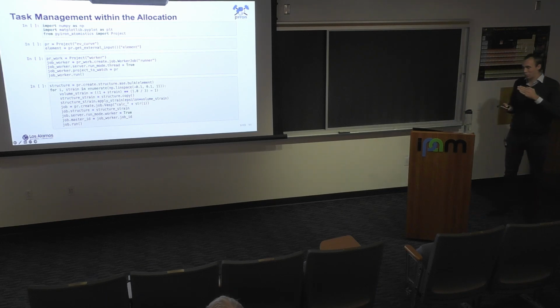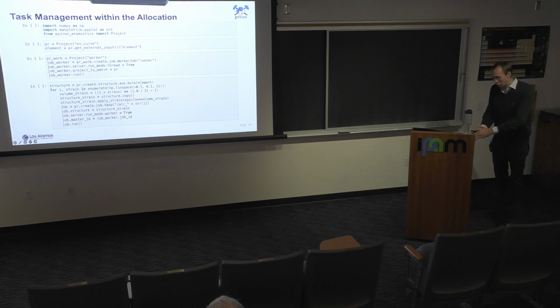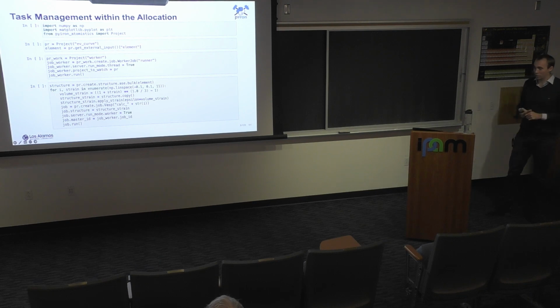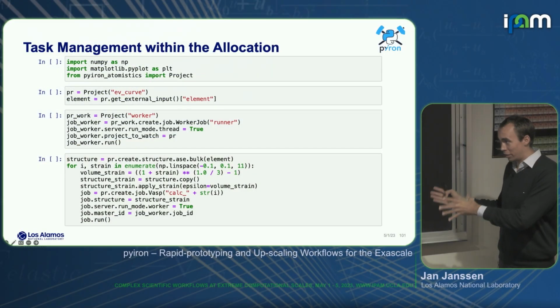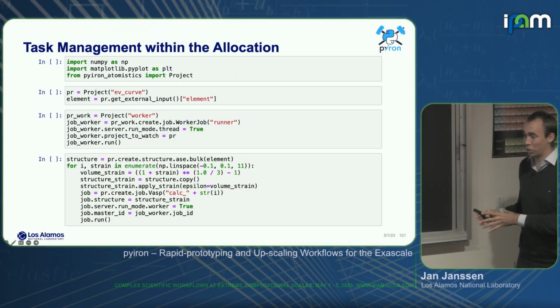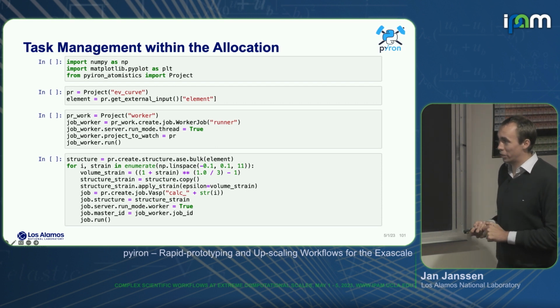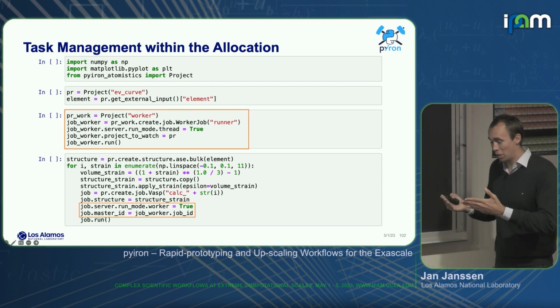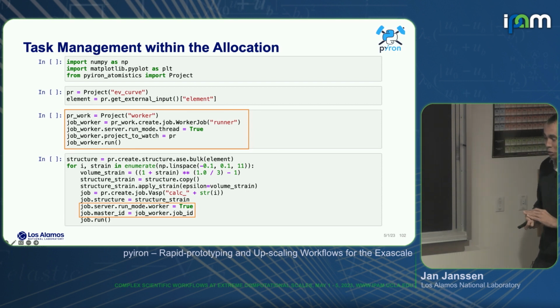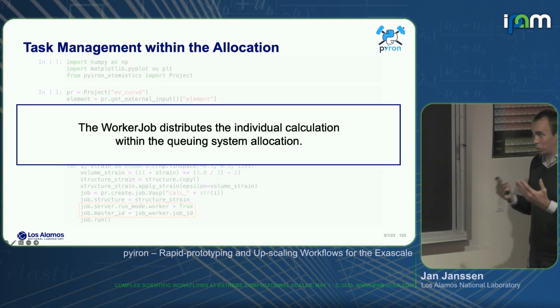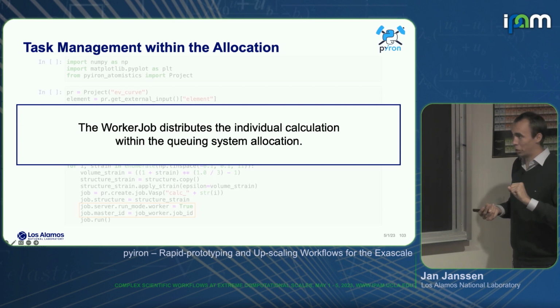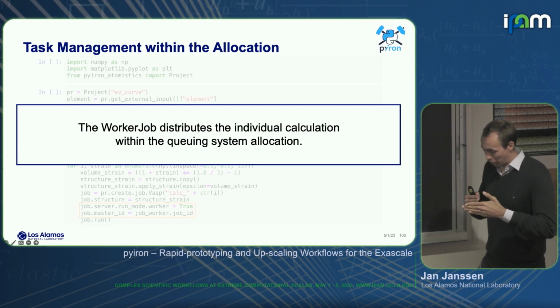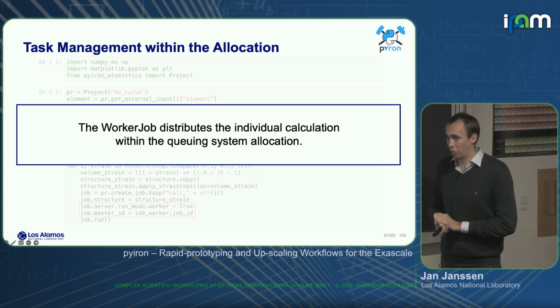The issue with the script job was that everybody has to implement their own task management. Right? So how many calculations to do in parallel, how many calculations run next to each other. That's what the previous abstraction layer was often doing, but now the users have to do this again. So here we implemented the worker class, which basically acts like a queuing system within the queuing system. So it really allows us to now manage the individual calculations and distribute them within one larger allocation of the queuing system.